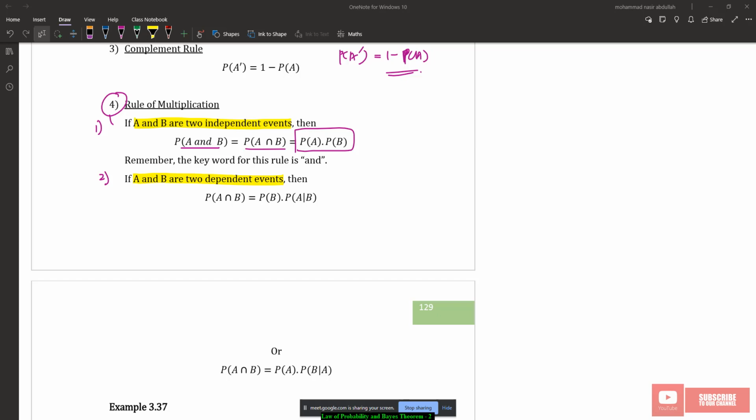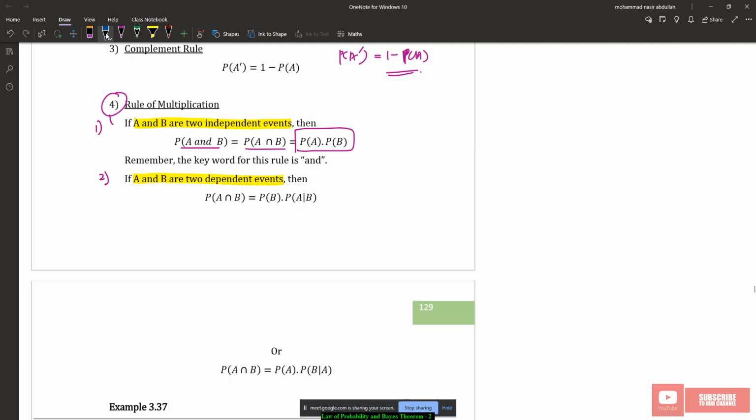Now I have already gone to that restaurant. My event has already occurred. So we want to know the probability that Ali will go to that restaurant, provided that I have given him the information. This is what we call a dependent event. So we want to know the probability Ali will go to that restaurant because I told him the food is good. Understand? So that is what we call a dependent event. So for a dependent event,